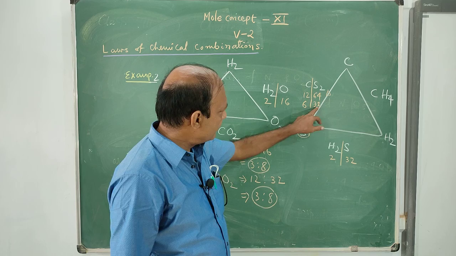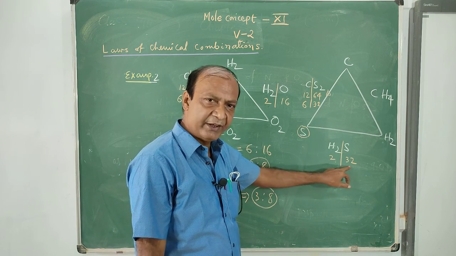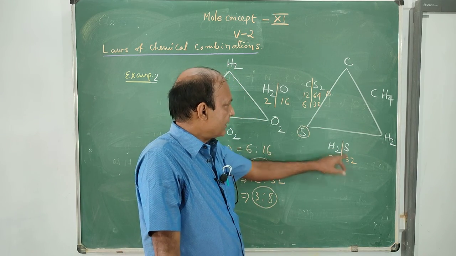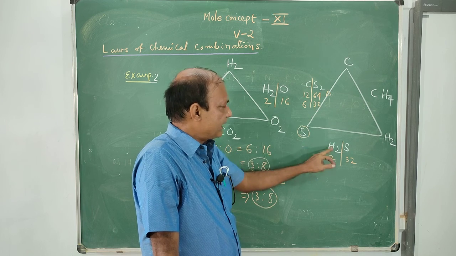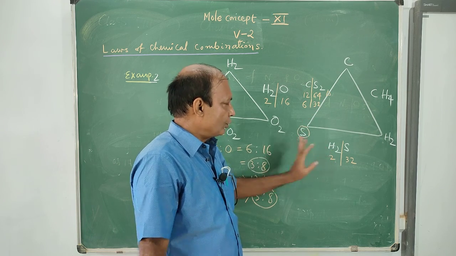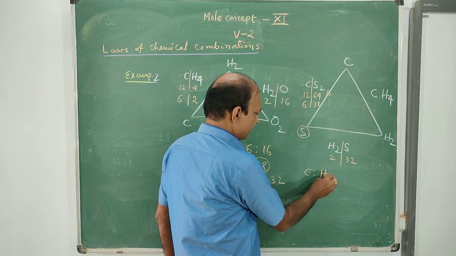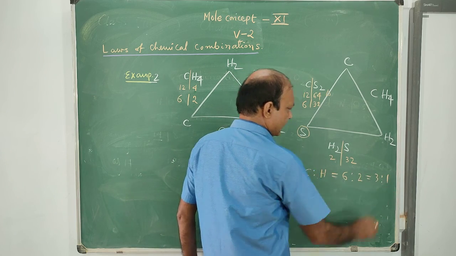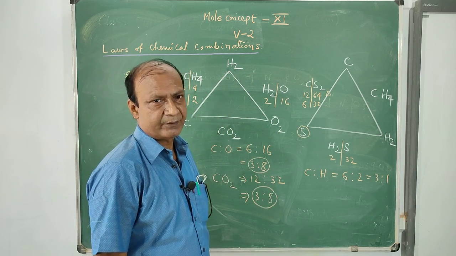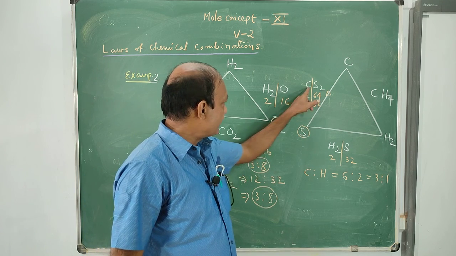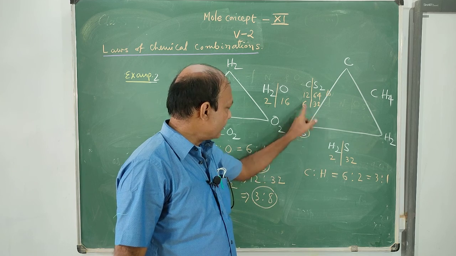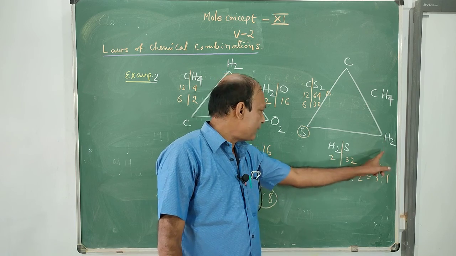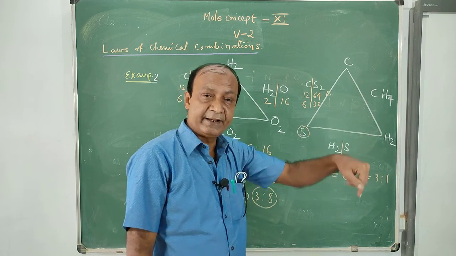Okay, fixing the mass of the common element at 32, we have fixed it. You can fix out of 1 also. So fixing the mass of sulfur as 32, the ratio of carbon and hydrogen is 6:2. That is equal to 3:1. See, this is coming 3:1. So the ratio of carbon to hydrogen is 6:2, that is 3:1. This ratio will be the same when these two elements combine, or an integral multiple.